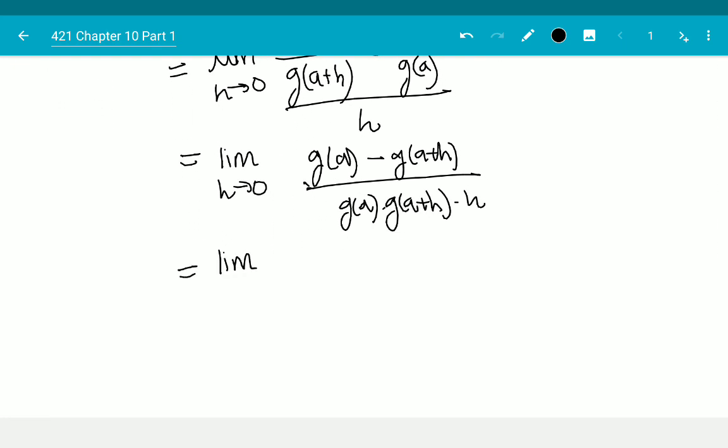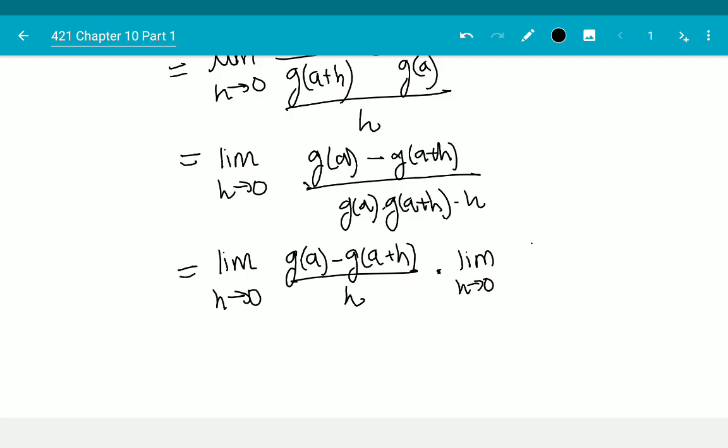Simplifying, this is limit h goes to 0, g of a minus g of a plus h over h multiplied by limit h goes to 0, 1 over g of a times g of a plus h,